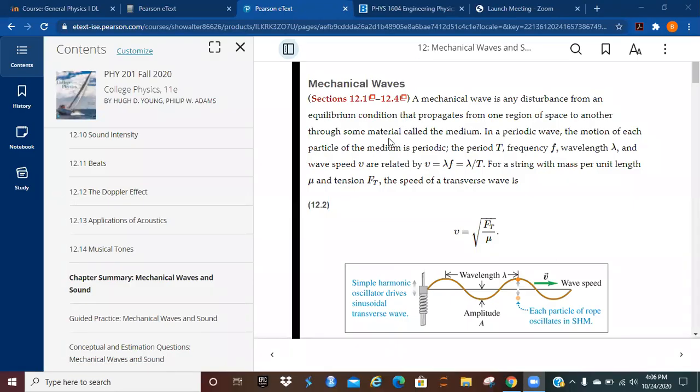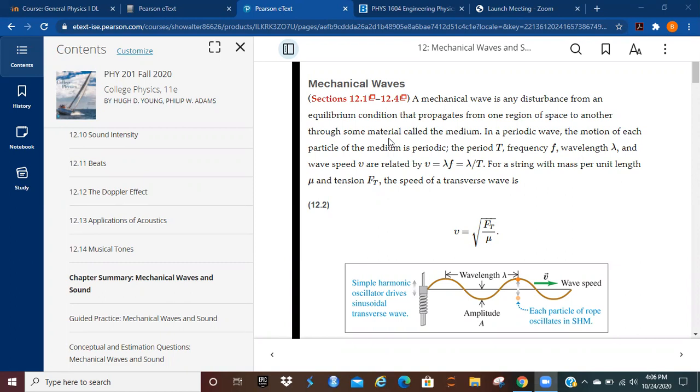Okay, welcome to Chapter 12 of Physics 201. Here we're going to be discussing waves, and in this particular segment, we're going to be looking over sections 12.1 through 12.4. Now, to give you a general summary of what we're going to be tackling,